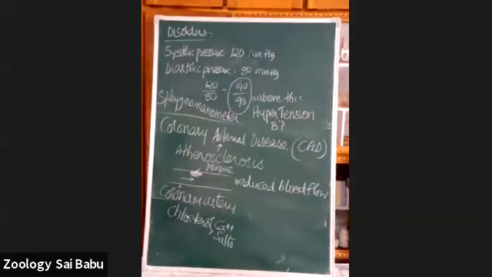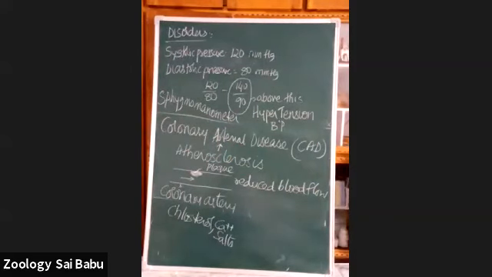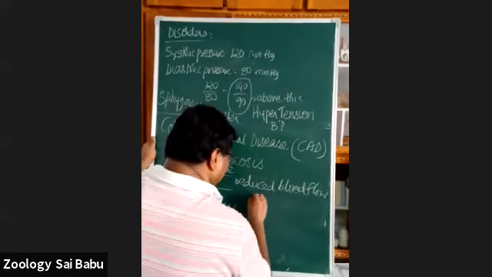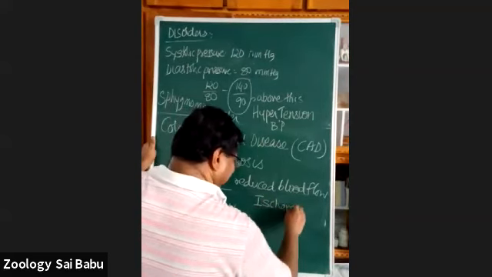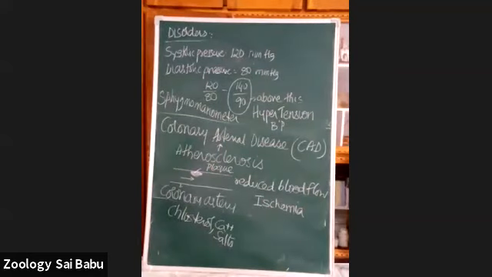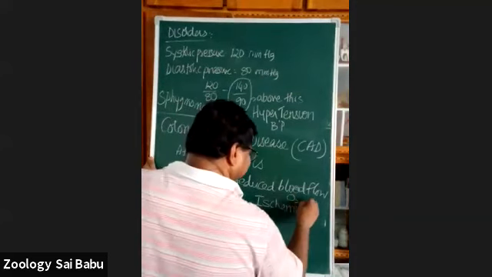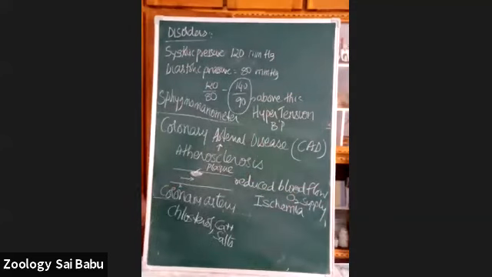Whenever the blood flow has been reduced, what happens? The food and oxygen supply also decreases. Whenever there is a reduced blood flow, it results in ischemia. Myocardial ischemia. Ischemia means reduced blood supply and oxygen supply, reduced blood flow and reduced oxygen supply to the muscles of the heart.